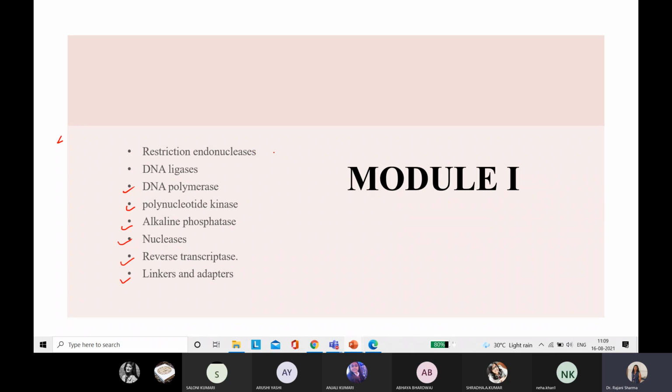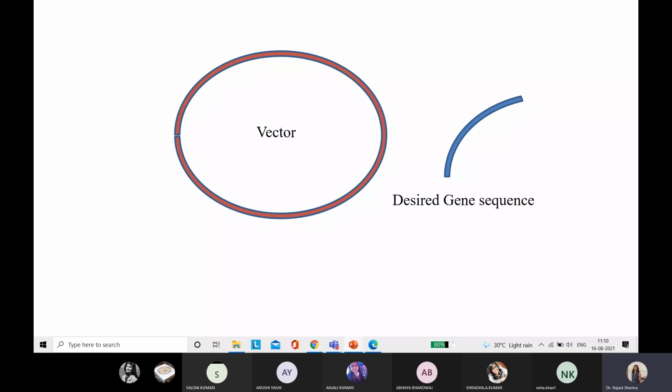Now, when we look at module 2, what we will find up to here is that, except linkers and adapters, all these are enzymes which are involved in DNA manipulation. So moving toward your first topic, restriction endonuclease, but before that we must know what we actually do